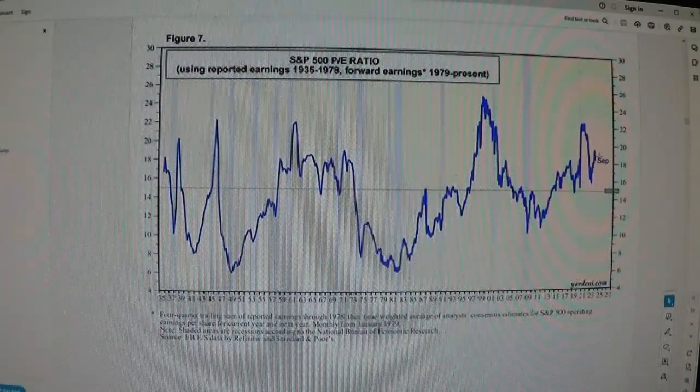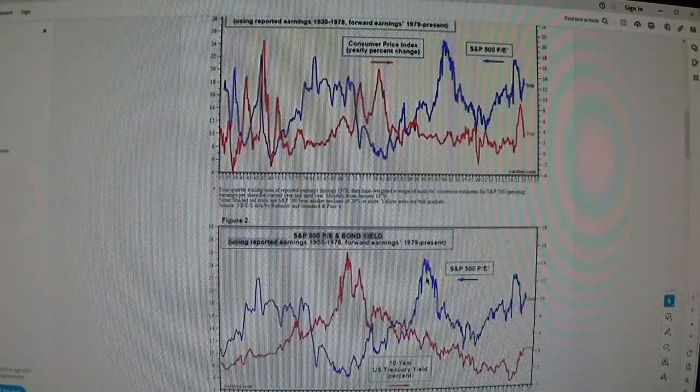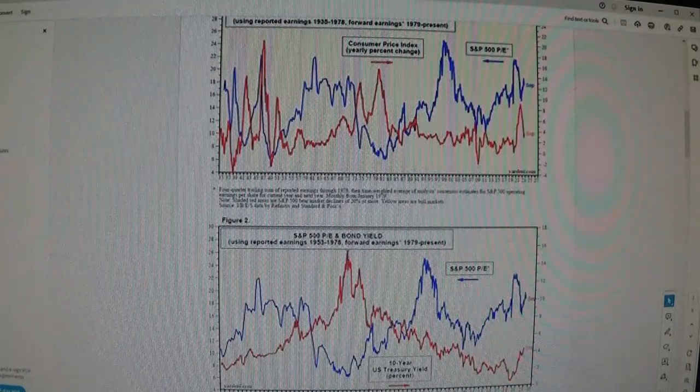Right now the bond yields are going up, and whenever that has happened in the past, the stock market has gone down. For instance, in the 80s, when there was a yield of 26%,